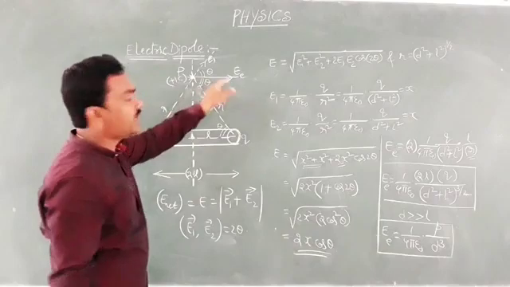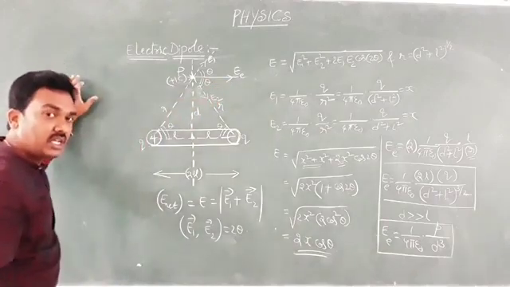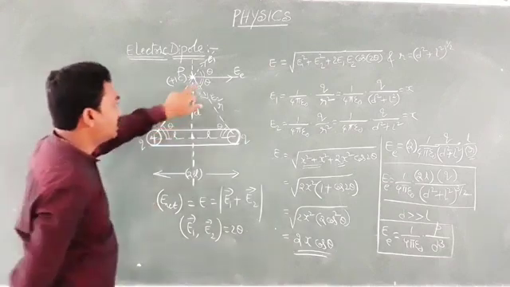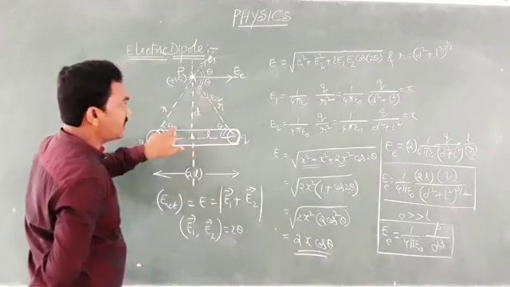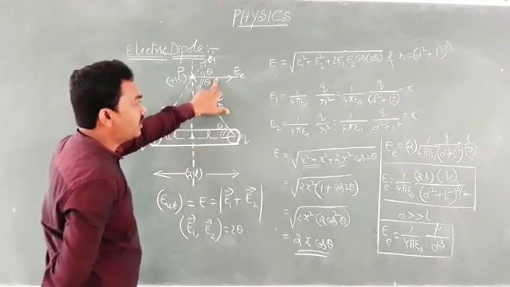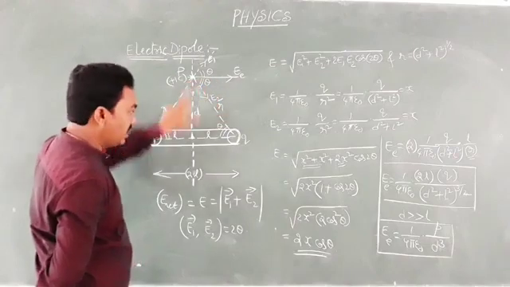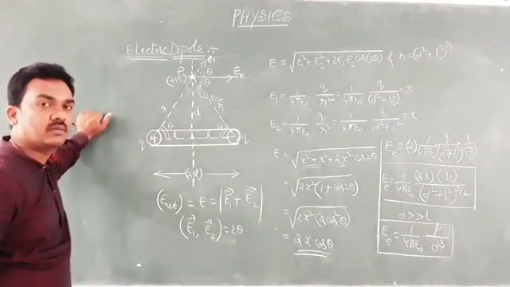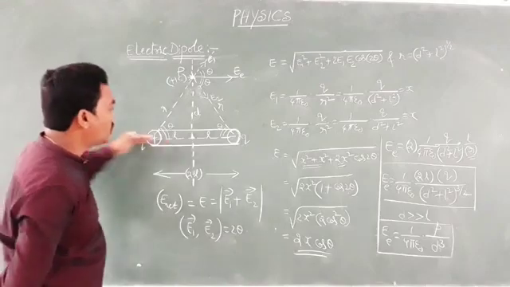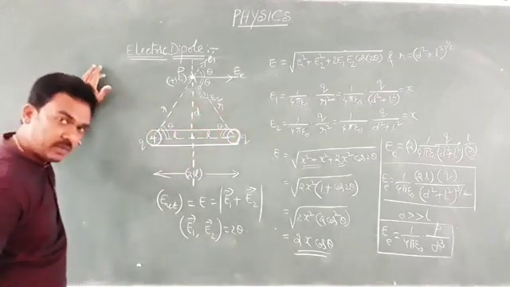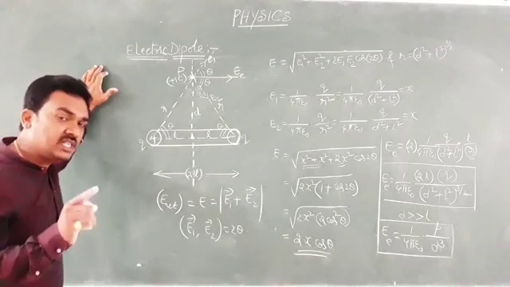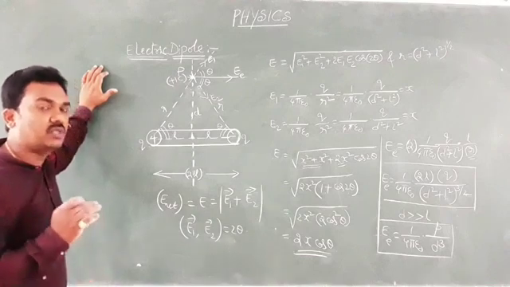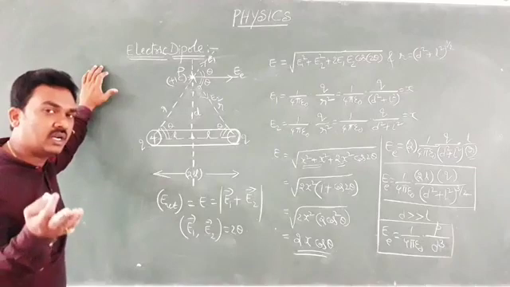So here is the direction of electric field intensity at a point on the equatorial line. You look at this. This is theta, and this is theta. So you can say the direction of electric field intensity at a point on the equatorial line is parallel to the axis of the dipole. An interesting point, important point. I repeat, for any point you choose on the equatorial line of an electric dipole, the electric field intensity is directed parallel to the axis of the dipole and is directed from negative to positive, which is the direction of P bar, the electric dipole moment.